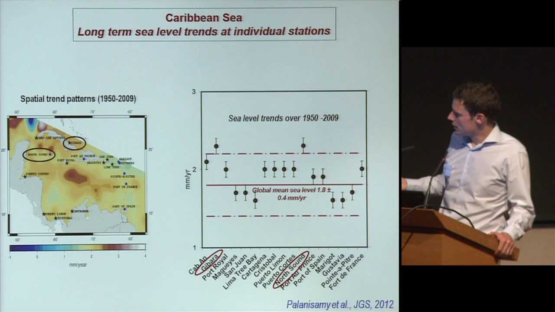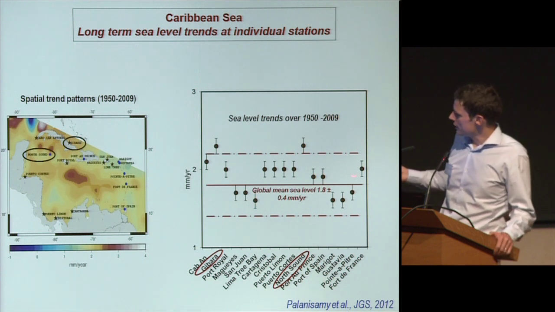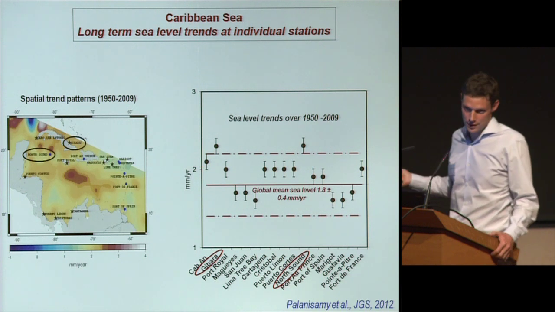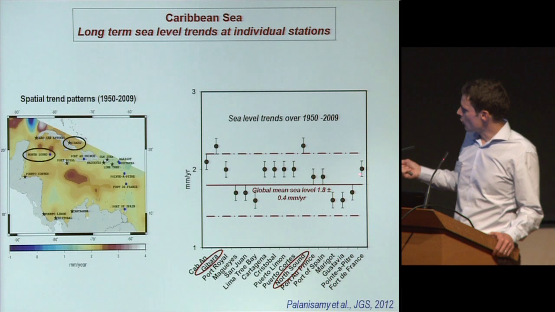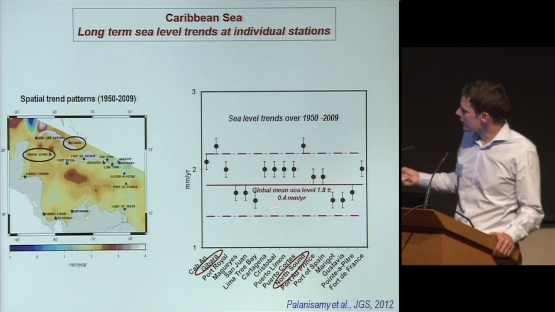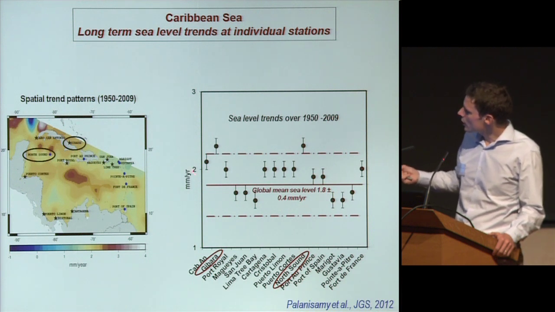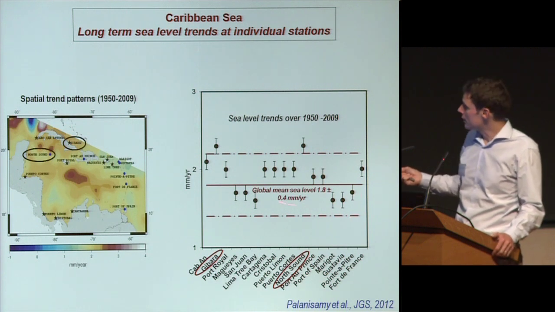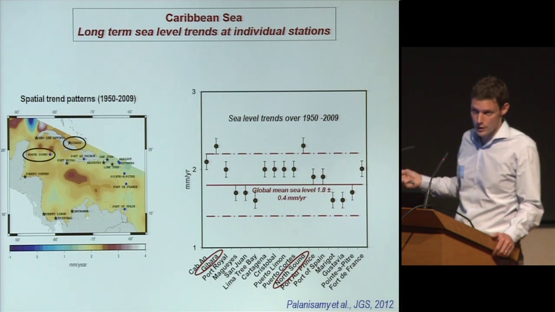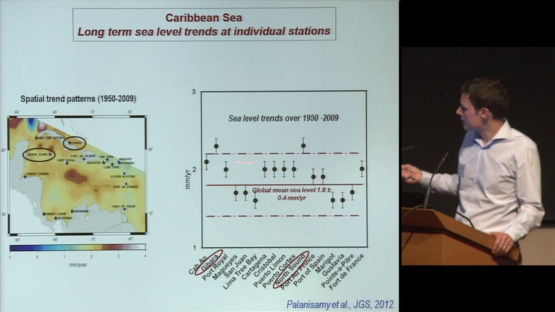It turned out to be the mean reconstruction, once again, which performed best in this region. And you can see here clearly, as for the two previous slides, that when we look at the climate-related sea level rise over the last 6 decades, most of the region has experienced something locally very close to the global sea level rise of 1.8 millimeters per year, except for 2 places here,